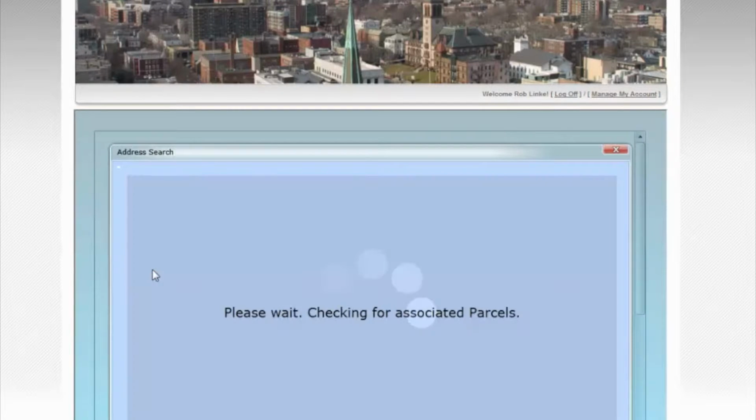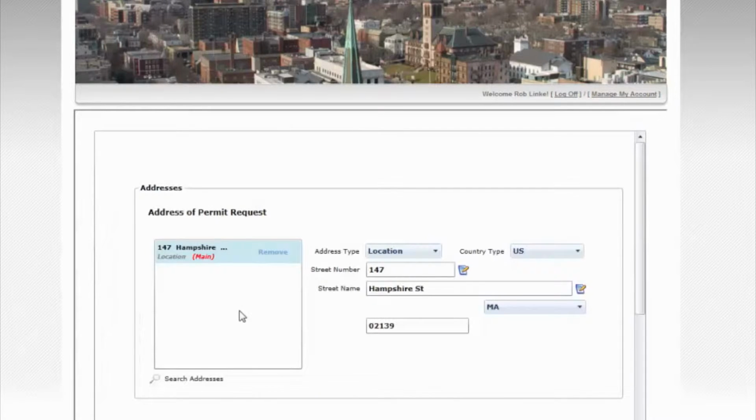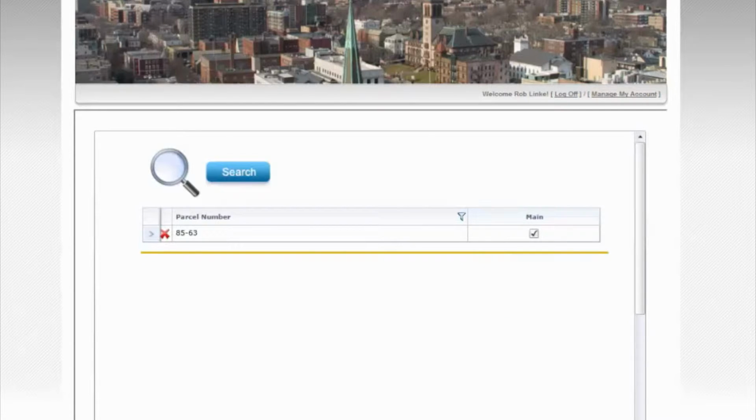The address that you enter must be a valid address in the City of Cambridge Assessor's database. If you're working in a larger area, like an intersection or entire street, please click on the nearest address and state the limits of your work location in the Other Location Description field on the main permit page. Click Next on the parcel page.